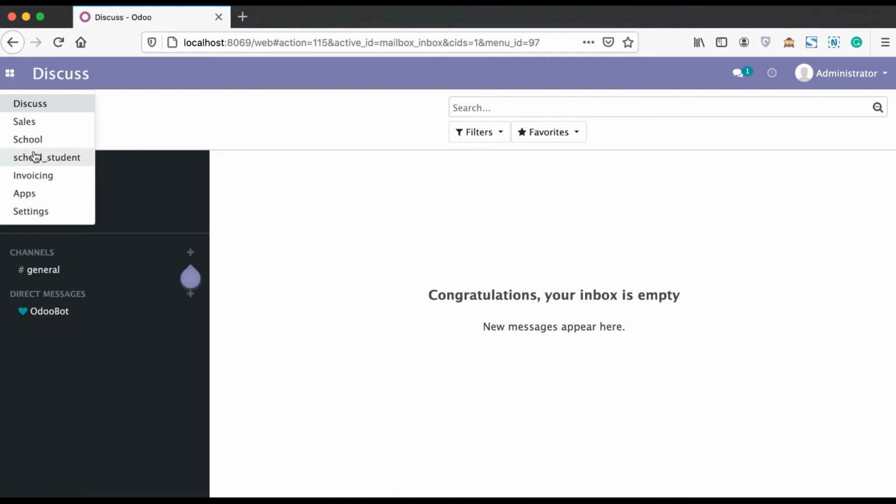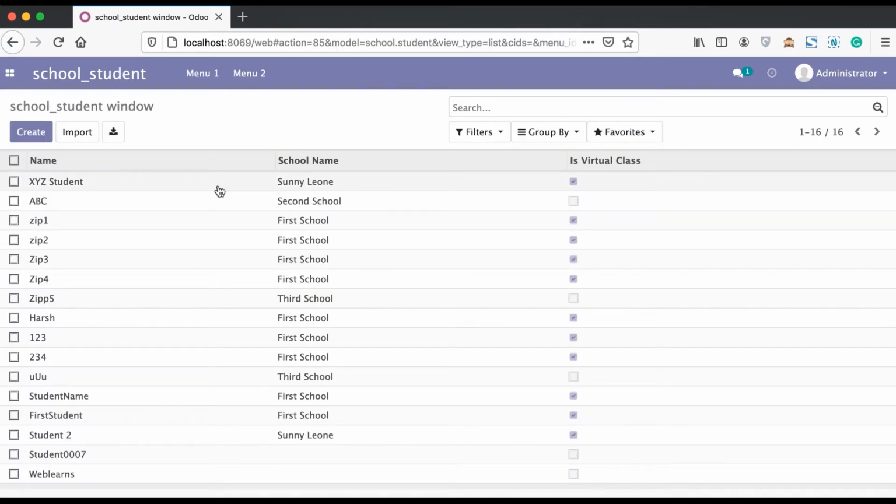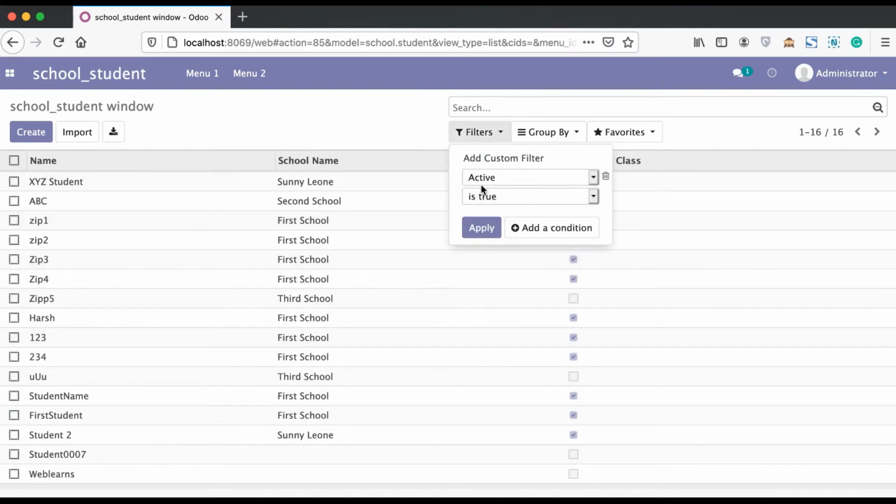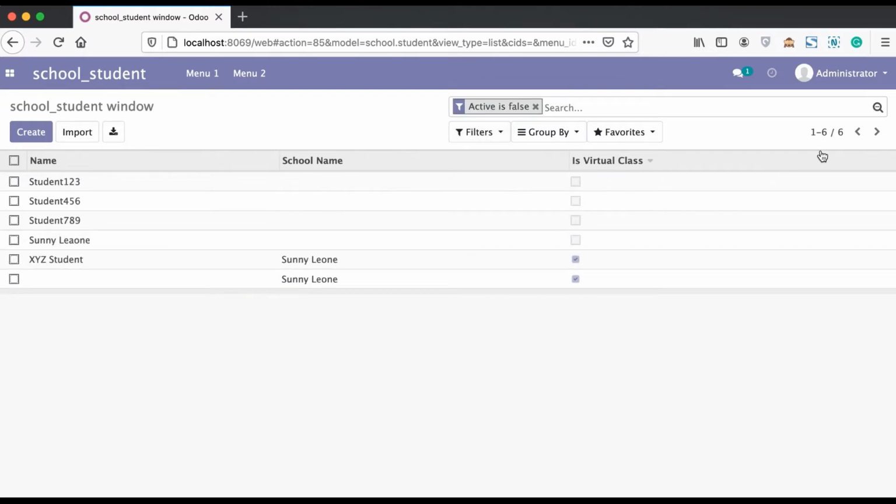Going to the student menu, you can see a total of 16 records available as active state. And if we filter with archived records, you can see 6 records are also available in the database in archive mode. If you don't know about soft delete and hard delete, you can see the description or playlist.